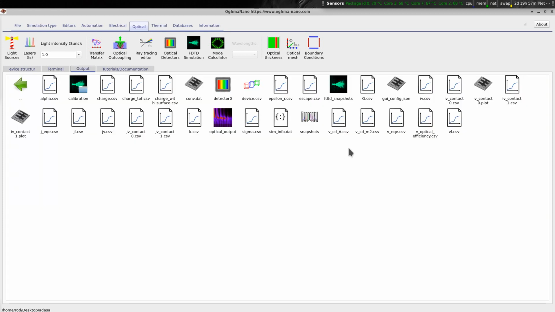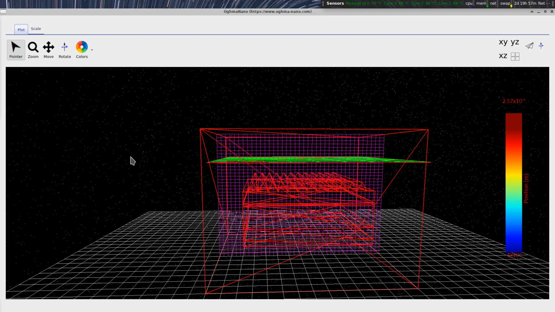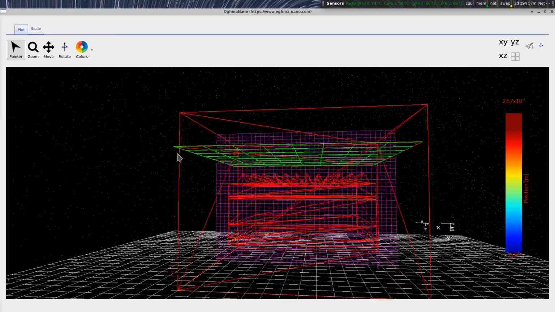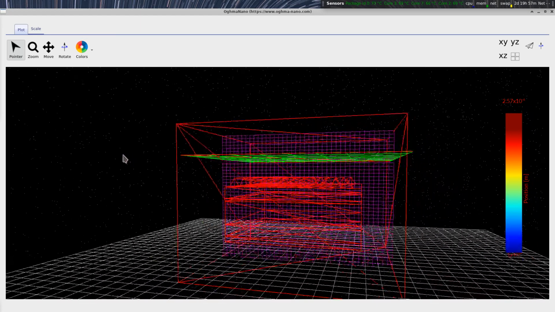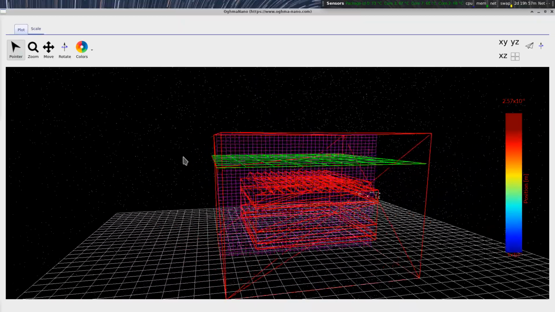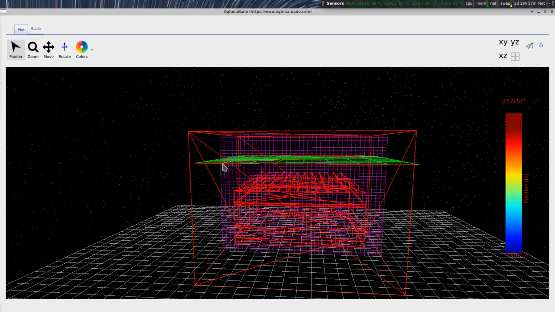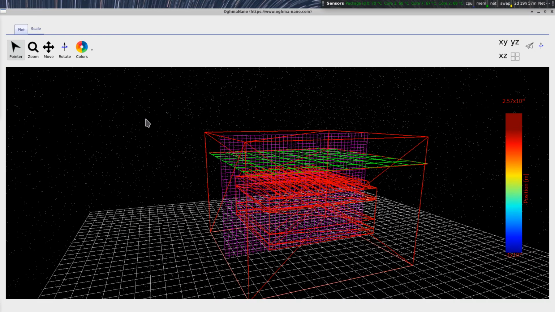So once we run it, the main result we get is this. Well, let's look at device.csv first. This is just a map of triangles, effectively how the simulator sees the device. You can see the device is built up of a series of triangles that it meshes. You've got the FDTD grid there, and you've got this detector, which I'll talk about in a minute. The green thing is a detector, effectively detecting how much light passes from the top of the simulation into the